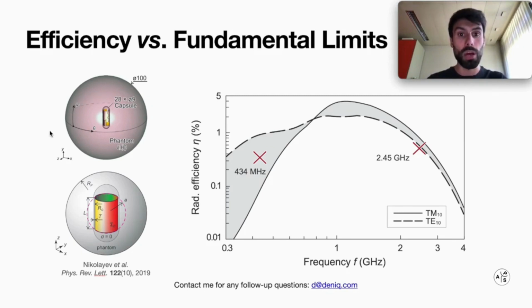One solution to see how efficient an in-body antenna is is to gauge it by the maximum achievable radiation efficiency of an equivalent source in the same reference phantom. You can read more about this approach in this work. This plot compares the antenna performance to the fundamental limitations of electric and magnetic equivalent sources.